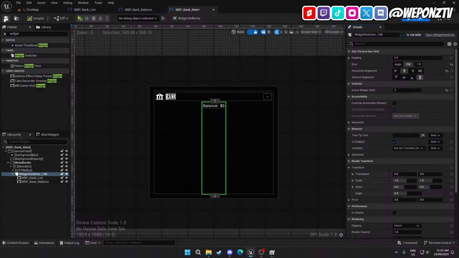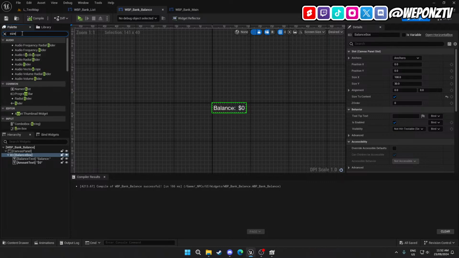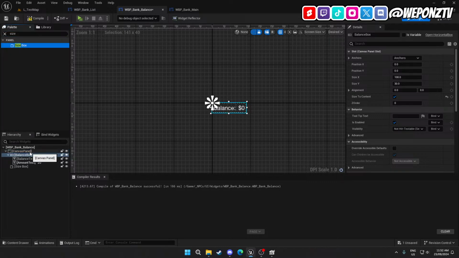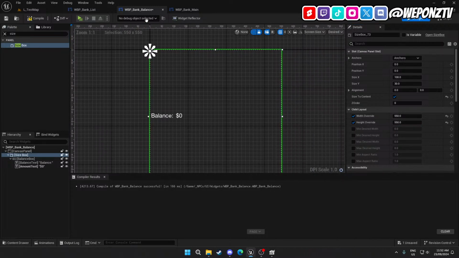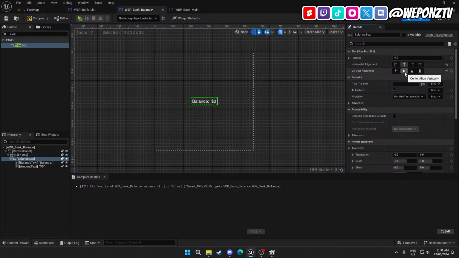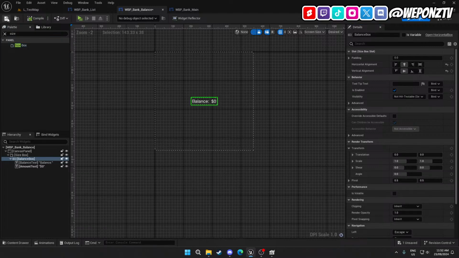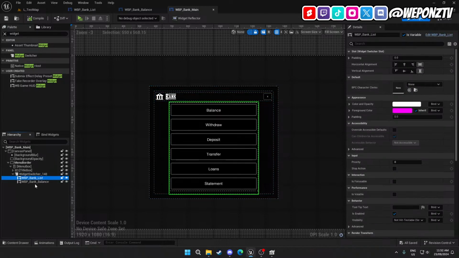So now balance can probably get a size box. There we go. That's just going to work for now. That's what we want. So there, beautiful. Alright. So now,